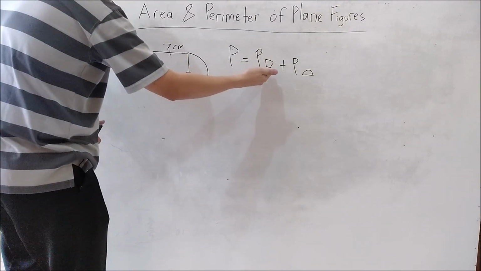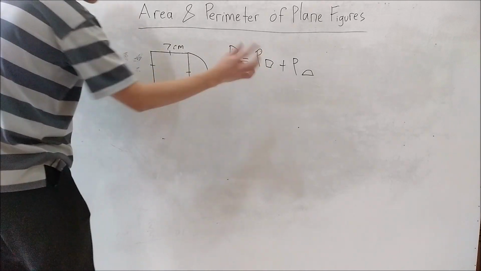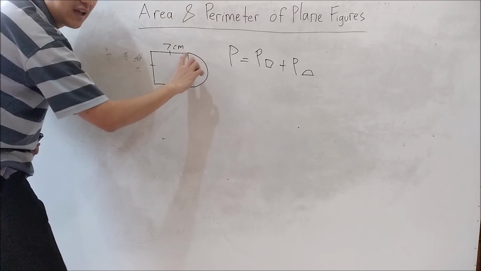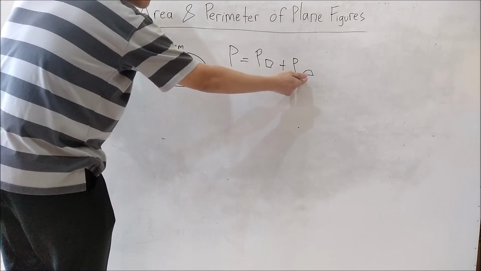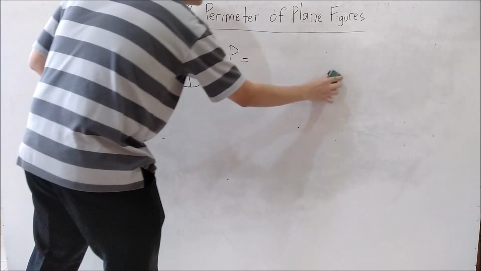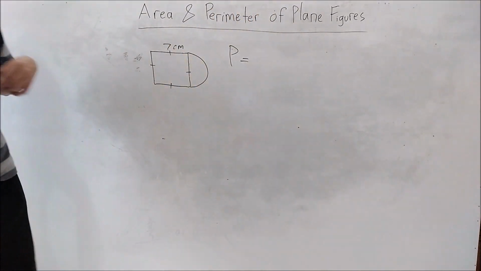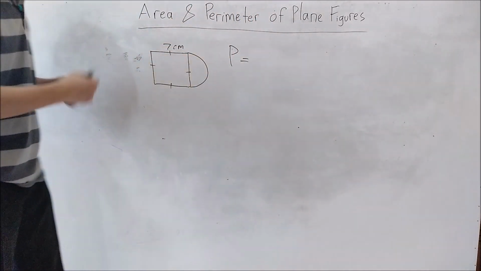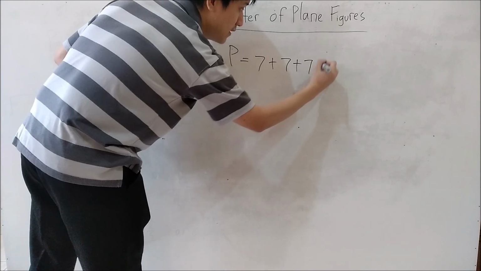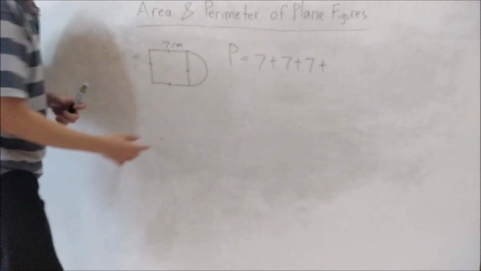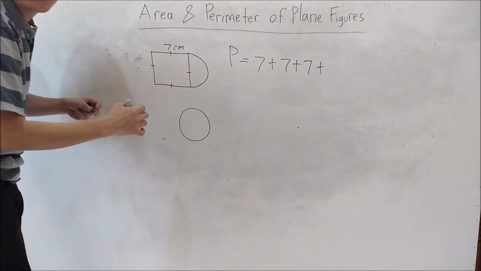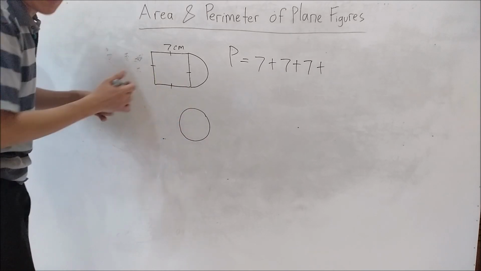If you count the perimeter of the square with the formula, it will count all sides, which means you will count this line. And if you count it with the perimeter of a semicircle, you will add the diameter in the middle. So I will not do that. Instead, I will simply break it down. The perimeter will be 7 plus 7 plus 7, plus the last half circle, right? If it is one circle, the perimeter of this circle will be pi d.